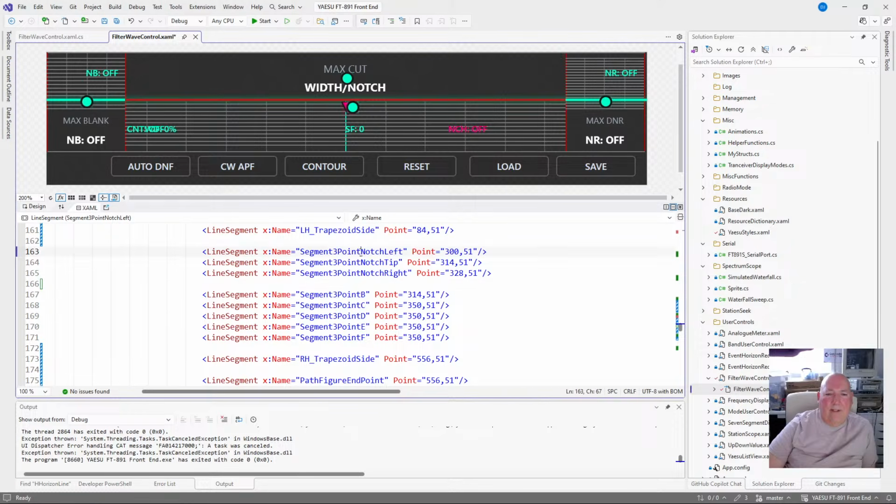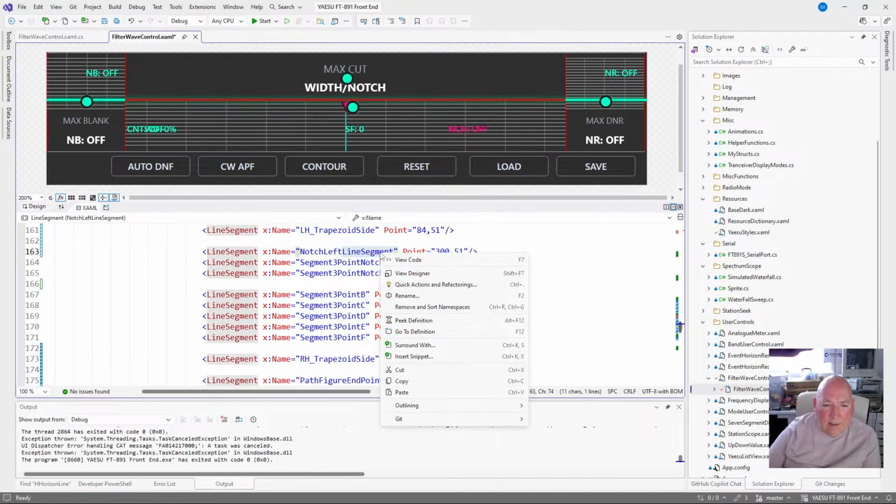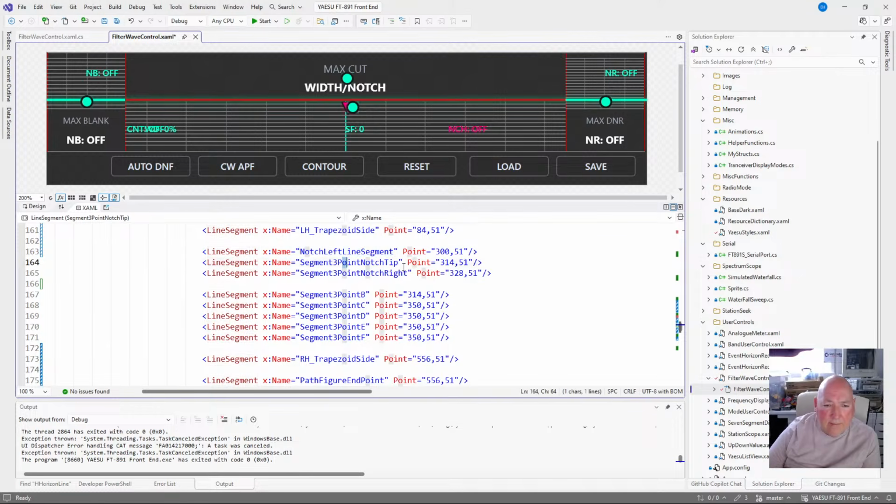So we don't need to say segment, let's just say notch left segment. It's a line segment actually, let's call it what it is, line segment. Let's get some sense out of this. Notch tip, line segment,